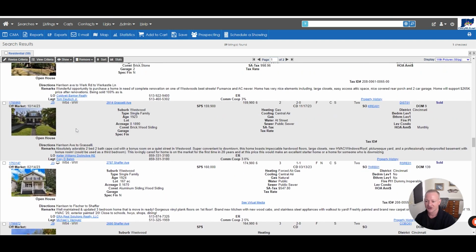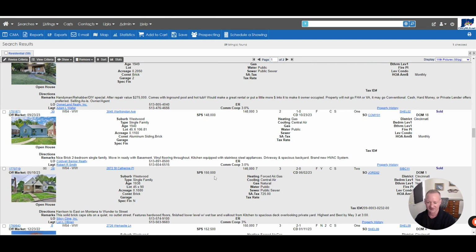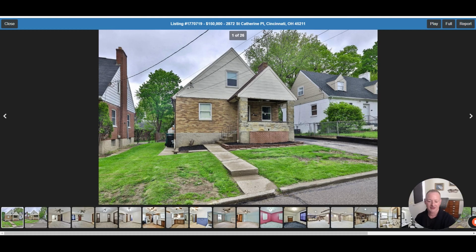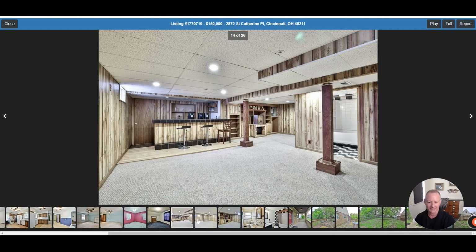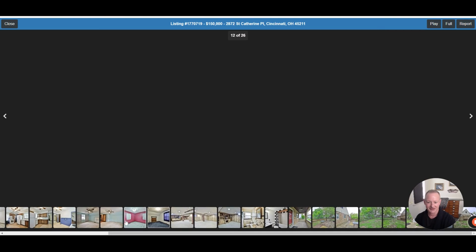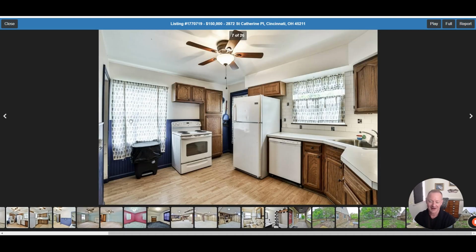So you got Schaefer, Grassley, St. Catherine, which is kind of the same pocket at 150. Let's see if this is like an as-is sale. Yeah, that one's pretty outdated. It looks awesome. Nice, cool bar. So no updates whatsoever, and you're at about 150. A little bit of updates, refinished hardwoods, fresh coat of paint, you're in the 180s. Fully rehabbed,